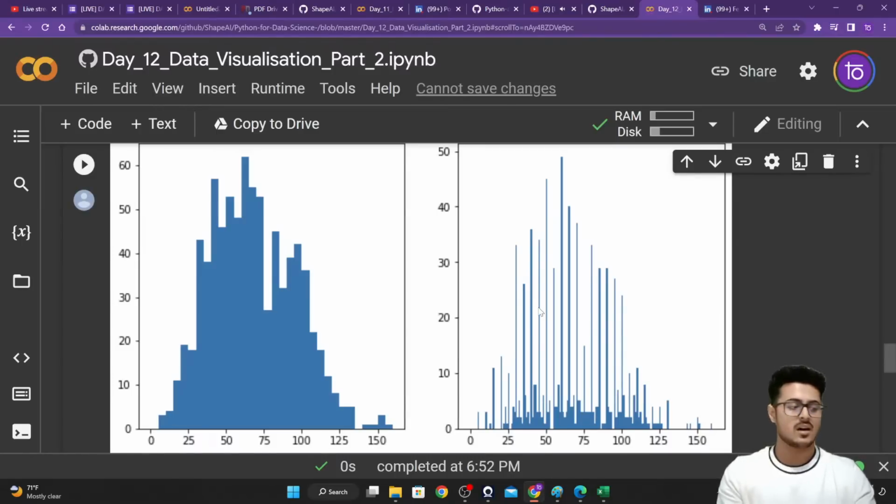So that is why you shouldn't use an excessive number of bins. You should always use enough so that you are able to extract some information out of the plot itself. You are making a plot basically to understand some intricacies about the data, so that intricacy shouldn't be lost. Are you guys able to understand why we shouldn't use like 100, 150 bins? Please do let me know, guys.